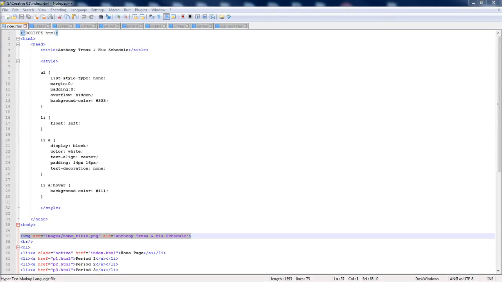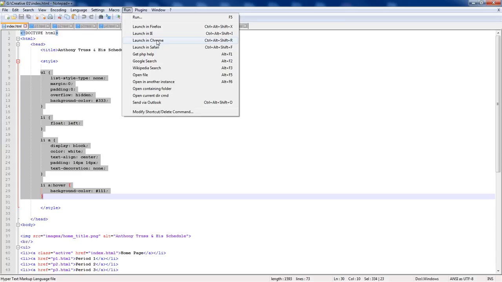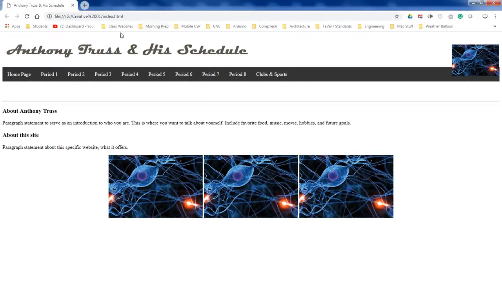Okay, welcome back everyone. In this lesson what we're going to be doing is taking our internal CSS, which is located in the head of our index.html, and moving it over to its own external sheet. And the reason behind that is, if I were to run the actual site that we have at the moment, what you can see is the evolution that we did last lesson, where we replaced